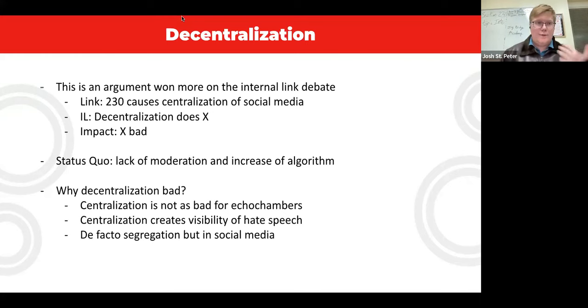We see this if you look on 4chan and the crazy threads that exist there, where people will go down spirals and spirals of not understanding the world and having no way to call them out because nobody that disagrees with them will be on these servers. And so centralization at least creates visibility, which is better than the alternative. And so this creates functionally a de facto segregation in social media if we repeal it, because even though people are not going to be actually forced to go one place or the other, they're functionally made to go because they feel like they have to. So then decentralization is, I think, at least a pretty cool argument.